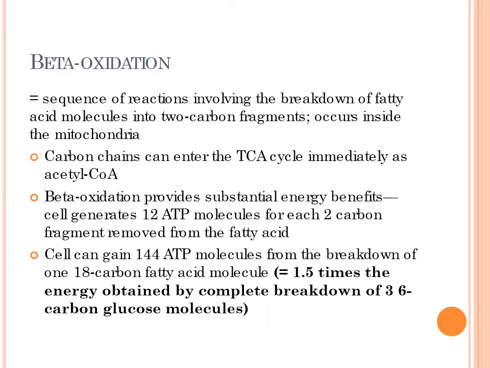Beta oxidation is how we break down our fatty acids within the mitochondria. An 18-carbon fatty acid can be broken down into smaller and smaller fragments. Every carbon chain that enters the citric acid cycle can be immediately converted to acetyl-CoA, and then undergoing this beta oxidation process, it generates 12 ATP molecules for each 2-carbon fragment that gets removed from a fatty